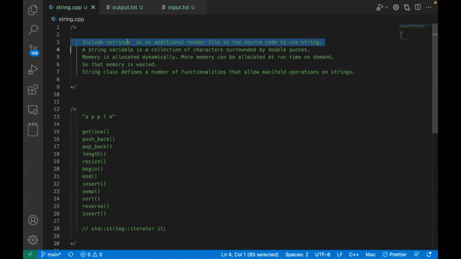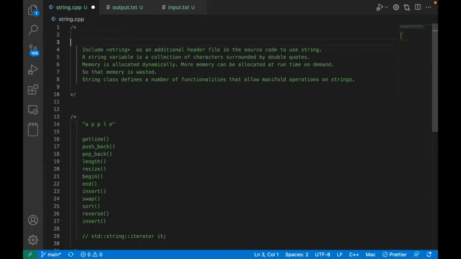For using string, we have to include string, that's the header file. Also, instead of using string, you can just use this header file, #include <bits/stdc++.h>. If you use this, then string, vectors, map, all the STL components, or anything which comes under STL, is not required separately. If you are not using this, then we have to include the string header file in order to use